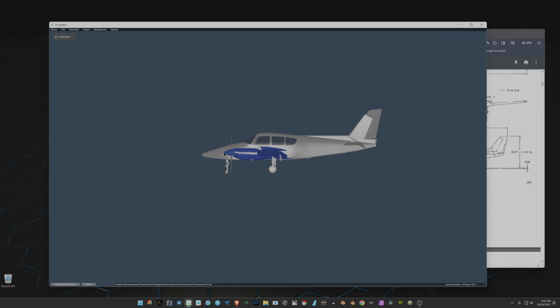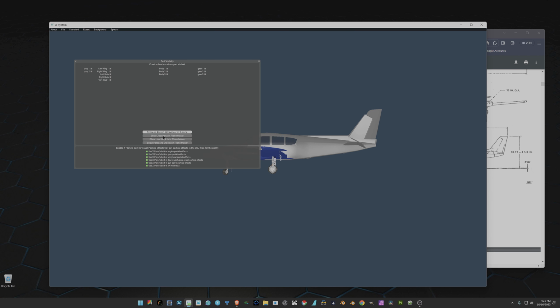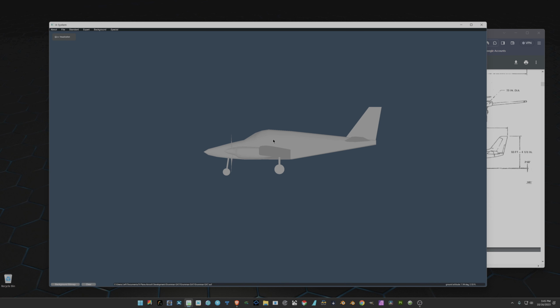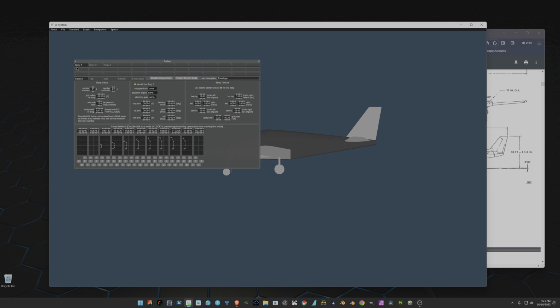And now you'll see I have a model in here that is kind of partially done. I'm going to go over to Invisible Parts and show them just the Plane Maker parts. So here's our fuselage, and you'll see in this version I've got some wings and engine nacelles and wheels and everything on it. We'll get to those bits in a moment, but you'll notice here my aircraft fuselage, if I go down to miscellaneous bodies and look at the